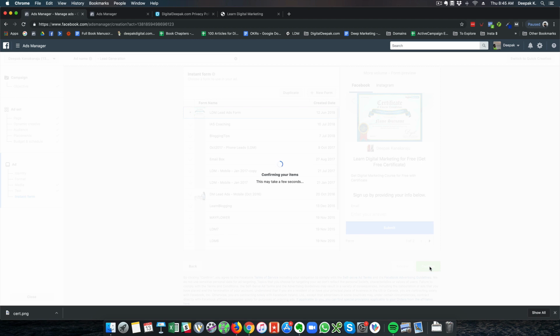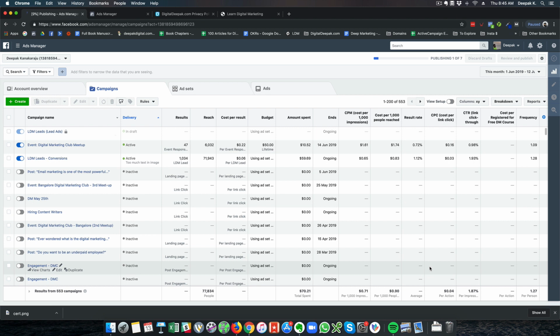So now what happens is that Facebook will start running the ad. Facebook will start collecting name, email ID and phone number, and Facebook will start storing it inside Facebook itself, and you will be able to access the leads by downloading it from Facebook. So first let the ad campaign run, let it start generating some leads, and let the leads start coming in. And in the next video, what we will do is that we will have a look at how you can go ahead and access these leads from inside your Facebook page.